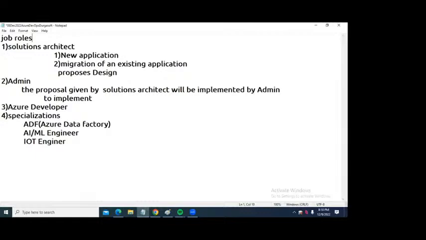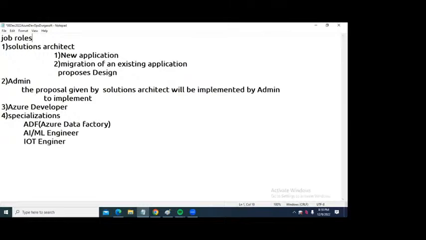AWS cloud is different, Azure cloud is different, GCP is different, Oracle cloud is different, Alibaba cloud is different. These are different vendors. Yesterday we discussed these cloud platforms.